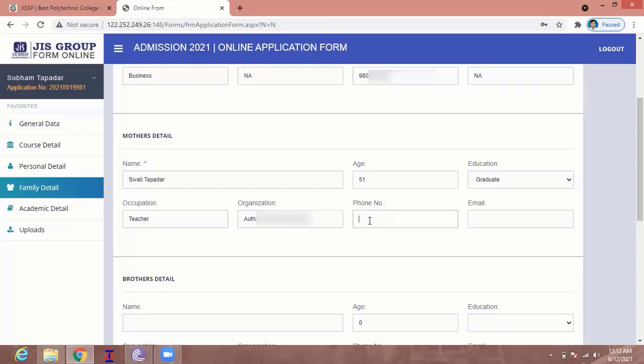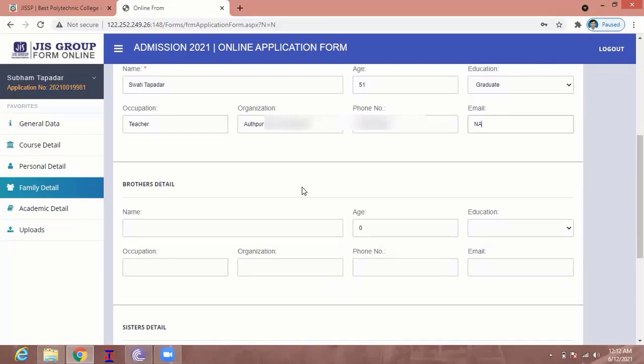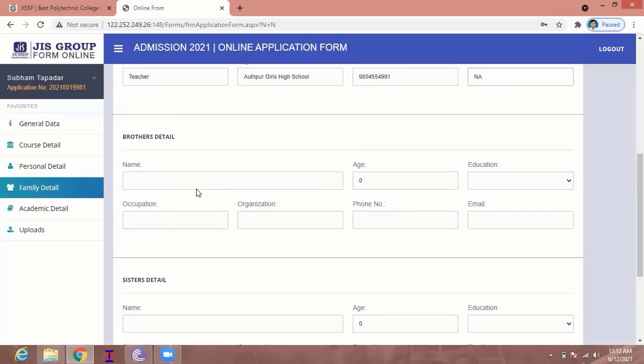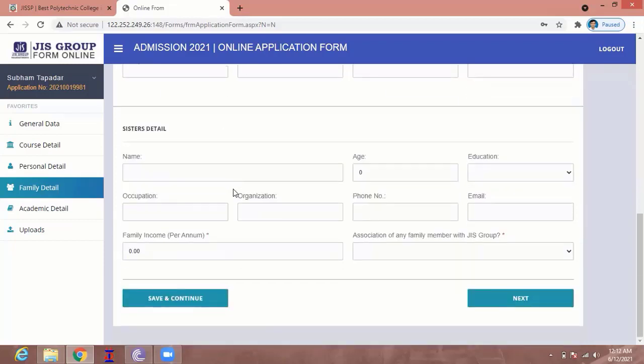In this place, you have to put the phone number of your guardian, of your mother. If not applicable, you can put NA, and in case of email, if it is not applicable, just put not applicable. And if you have any brothers or sisters, you can put their details in this space, but I have no brothers and sisters, so I can easily leave the space.